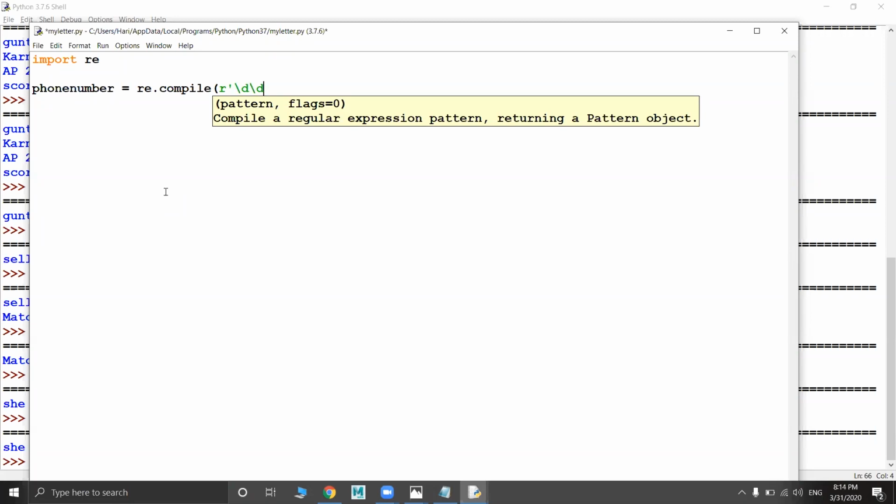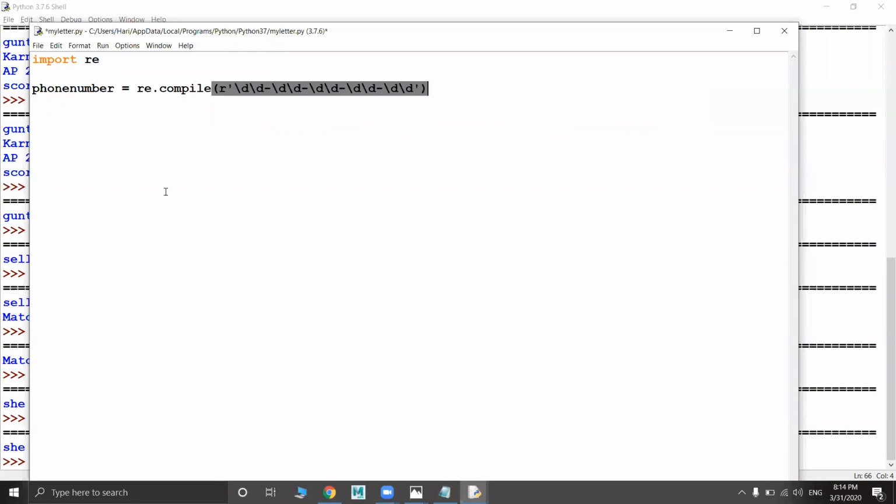D is nothing but digits. Then hyphen, backslash d, hyphen, backslash d, hyphen, backslash d, hyphen, backslash d, and then close. What is this? I gave 1 2 3 4 5 6 7 8 9 10. In India we have only 10 digits for every phone number, right?